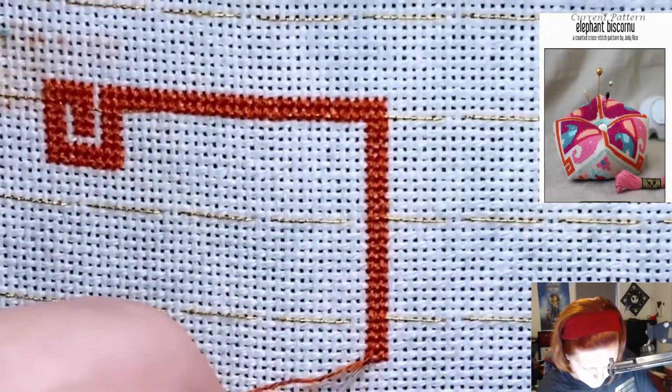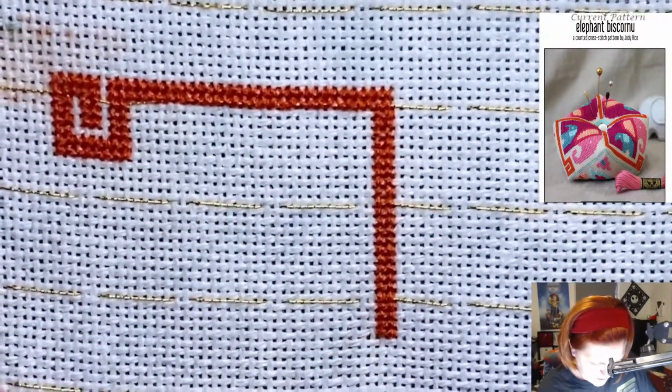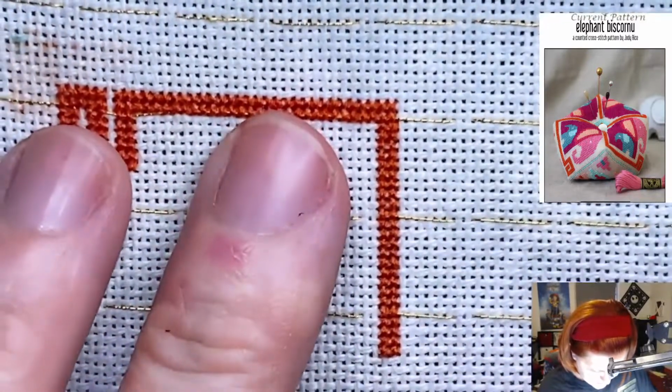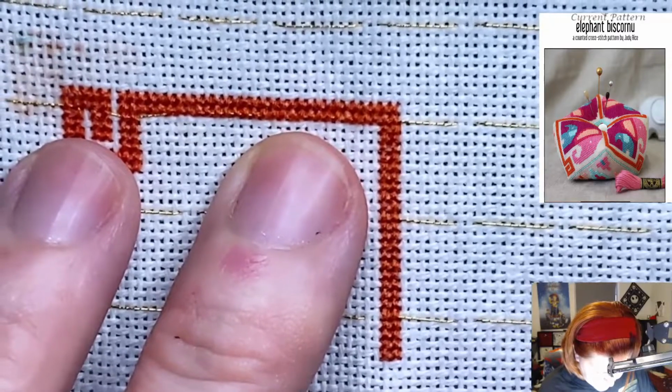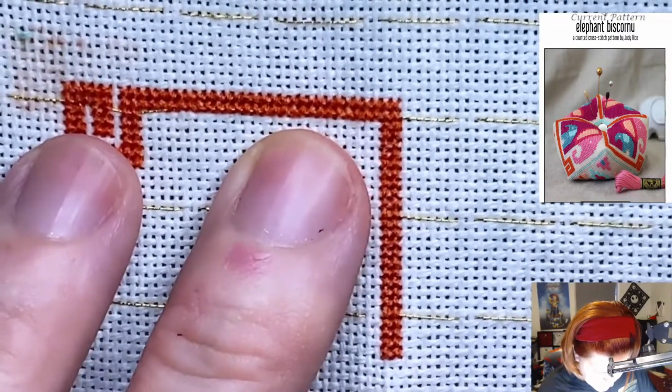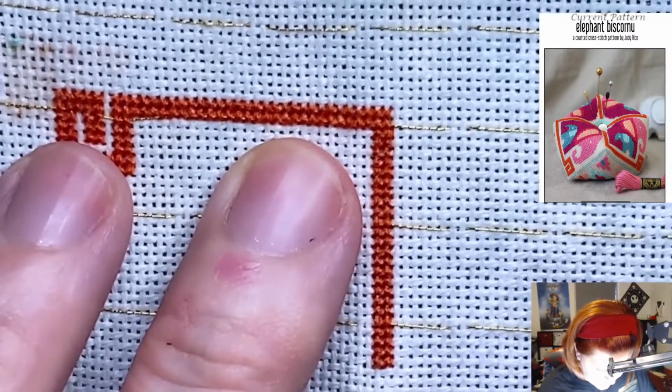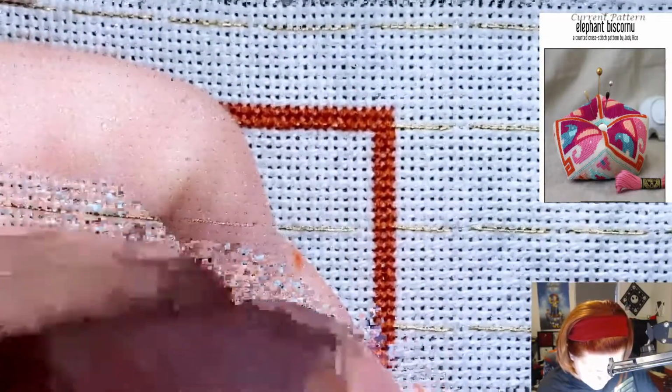And then we're going to go in here, back down that hole, and there's that. And then I'm going to come down a little bit, and we're going to do a pin stitch.